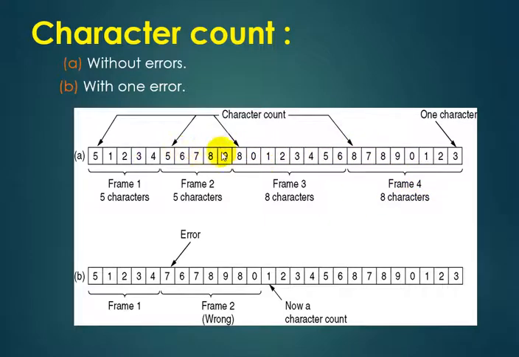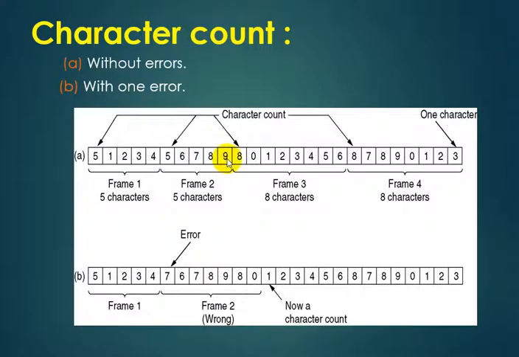Stuff the bits of character counts. The start of each frame indicates the character count. So including the starting character, it has to reach the character count: 5, 1, 2, 3, 4. So 5 characters are stuck here. After 4, again 5 characters.